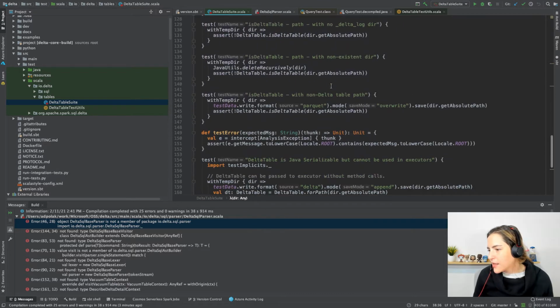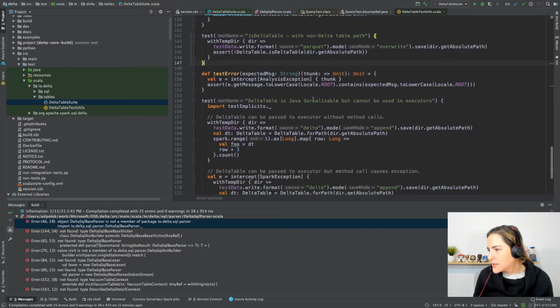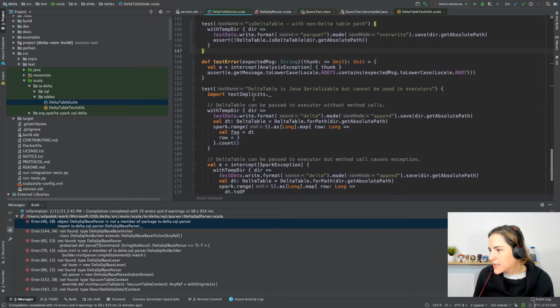What else can I learn here from the different test table suites, test error? Okay, what is this? Test. All right. Delta table is Java serializable but cannot be used in executors. If it sounds familiar to you, you've probably been working a lot with Apache Spark. One of the challenges always is when we try to create new classes, but we forgot about the serialization, and we're trying to send them to the executors, but oh boy, they're not serializable. It's not going to go over the network. So yes,